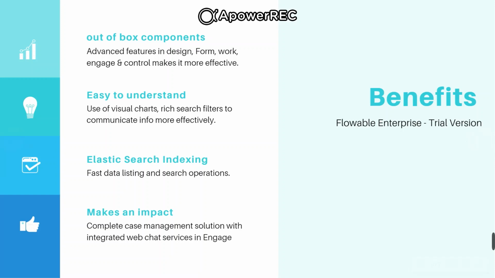First of all, let's discuss the benefits of using the Flowable Enterprise trial version. The Enterprise version takes the open source engines and layers them with some additional out-of-the-box components, access controls, and Elasticsearch indexing. Additionally, the tooling is significantly improved, like Design is easier to use than Flowable Modeler, with rich property controls having predefined drop-down controls and additional palette elements. Whereas Flowable Control is more complete than Flowable Admin. And if you need a pre-built UI for business users or validating your deployed application, then Flowable Work is much more robust than Flowable Task.